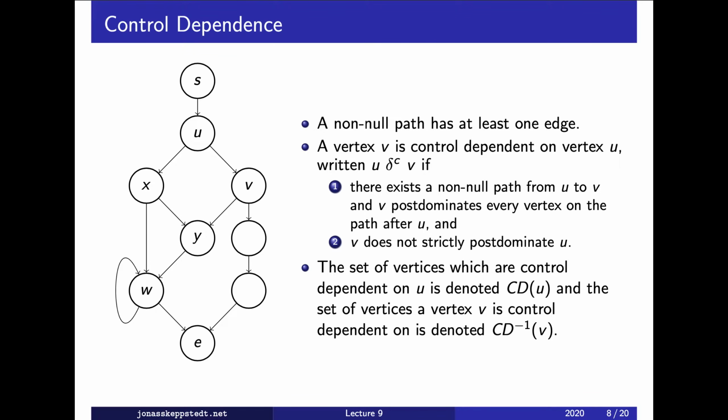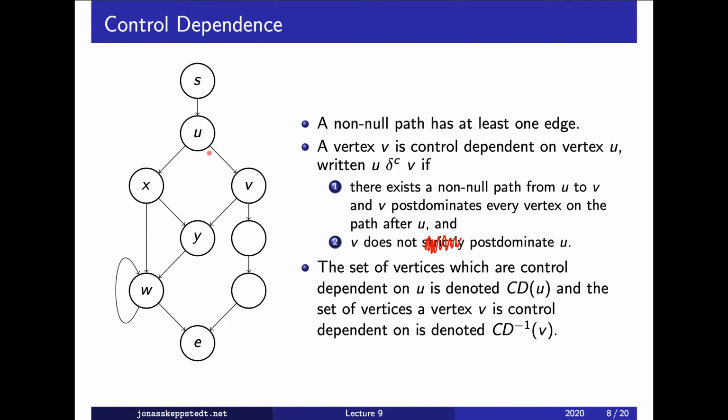We will now see a definition of control dependence, which is useful for finding out which conditional branches should be marked as live during the dead code elimination algorithm. So we can make this a little bit simpler, first by removing strictly there. And first, a non-null path is a path with at least one edge. Okay, and let's say a vertex V is control dependent on a vertex U,